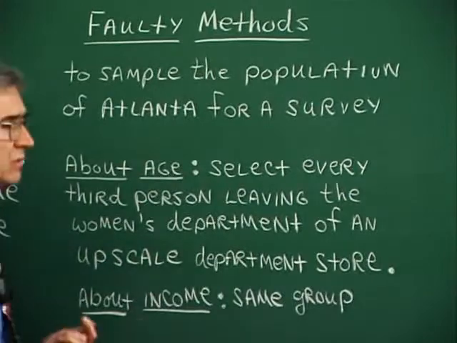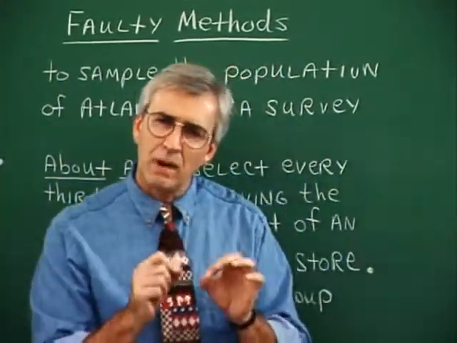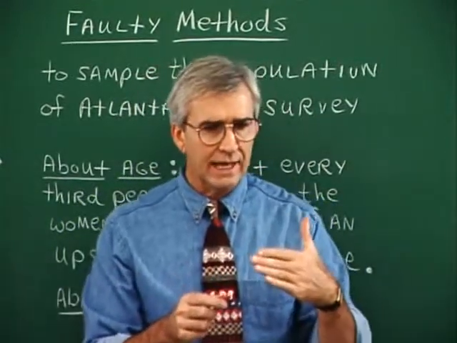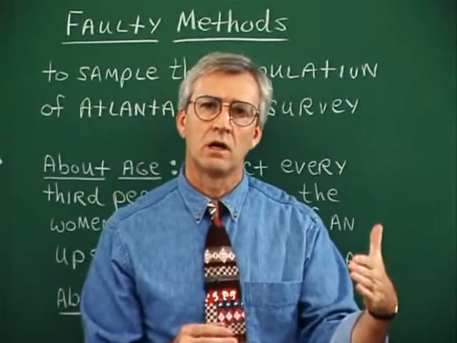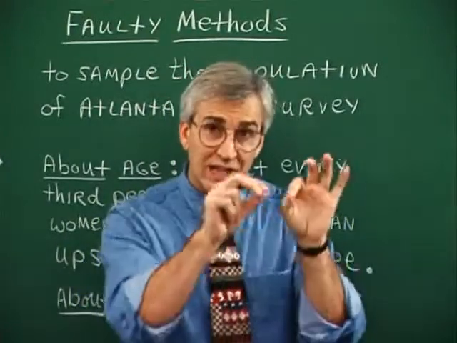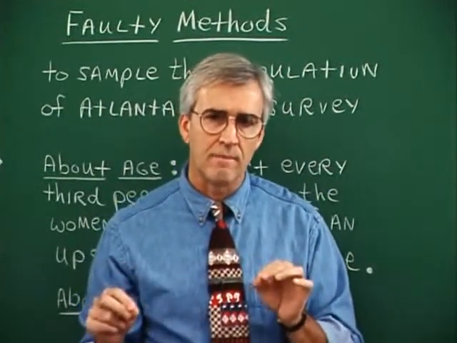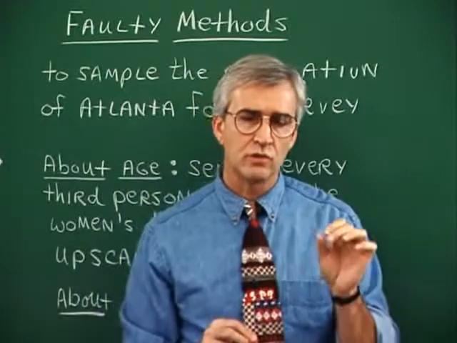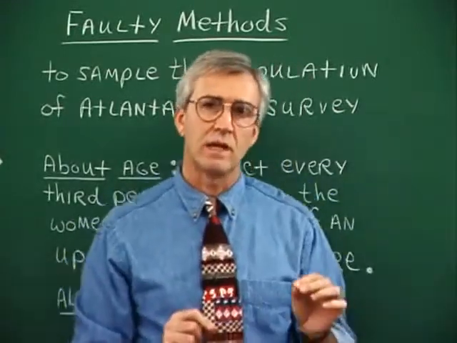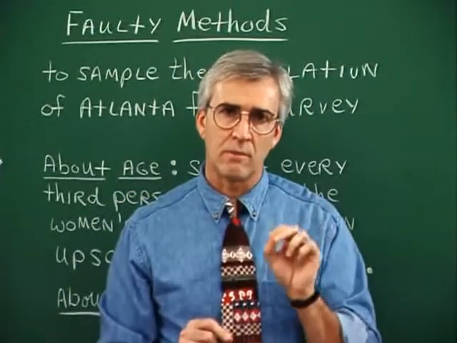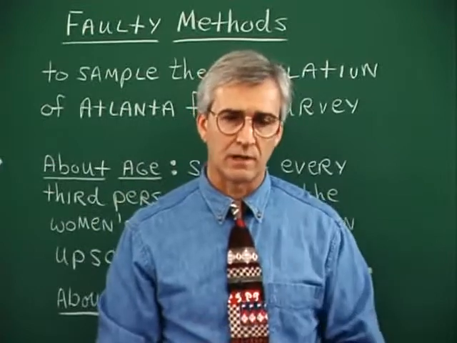Now, what do we do in such situations? Well, one thing is that if it's possible to associate the members of a population with a number, and we assign a different number to all of the members of the population, and if we're able to choose numbers randomly, then we could select our sample in that way. We could use random numbers to select a sample from a population.